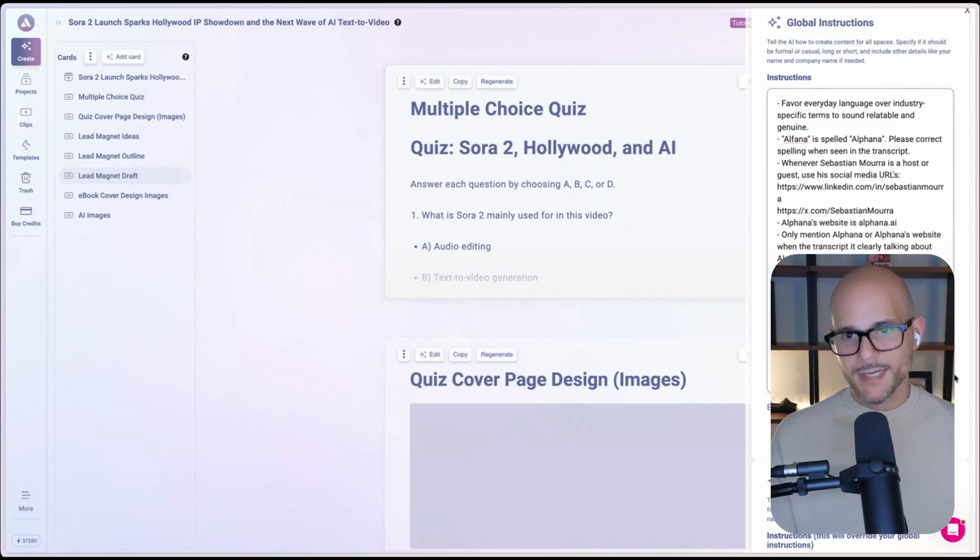So you could do stuff like that as part of your brand guidelines. You could say never or always include a website URL in the images. Never use black backgrounds, right? Always vibrant tones. So I am making up instructions as I speak, just to give you an example of what